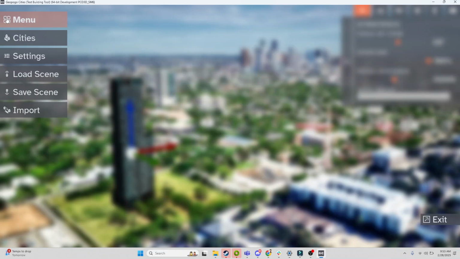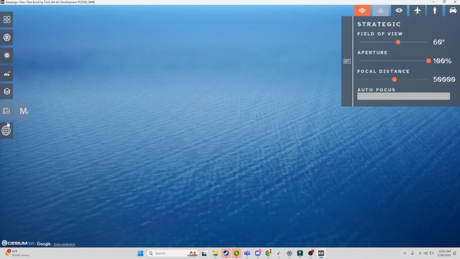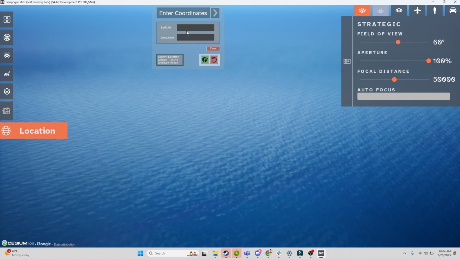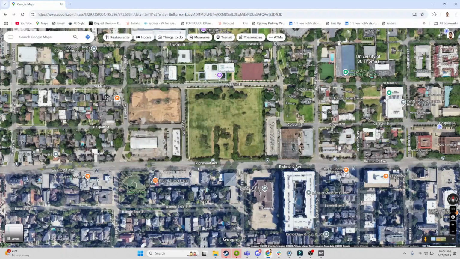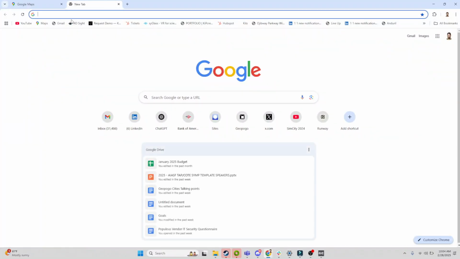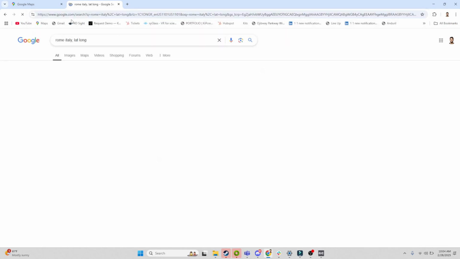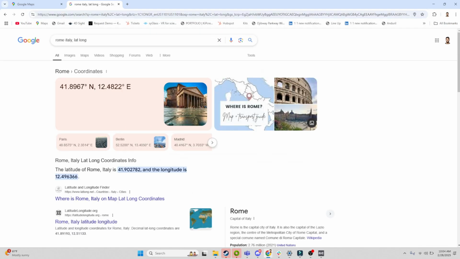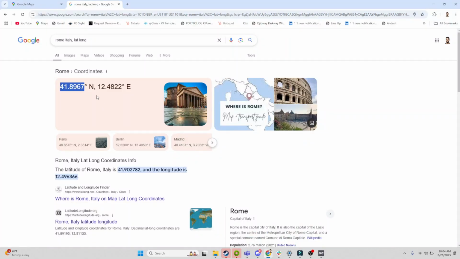Next, we're going to do one more. We're going to Cities, New Map, and click on our new map, back to Locations. And so we have our coordinates, of course. We're just going to type here into Google Maps, for example, Rome, Italy, lat long. And you'll see here that it'll automatically give you the general latitude and longitude coordinates for pretty much any city on Earth. We're just going to copy that, paste, and then exact same thing